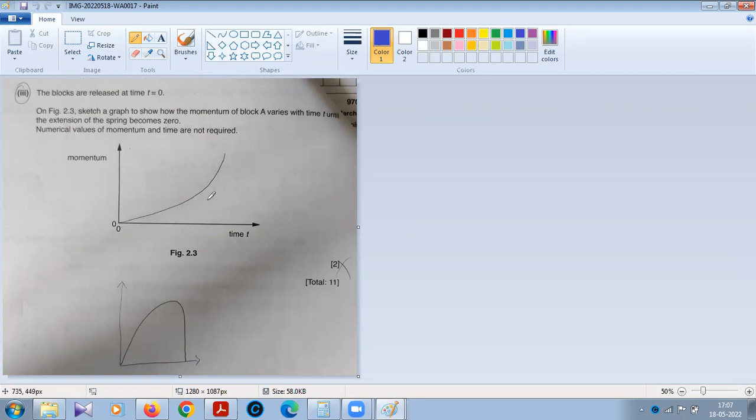So with the time, momentum is increasing. Yeah, the momentum should increase, right? But in the mark scheme, the answer is the down one, the one I've drawn below. That's not shown. The mark scheme says, wait,